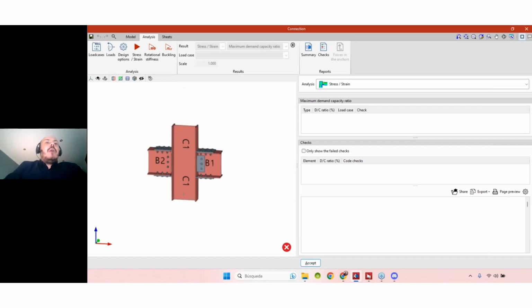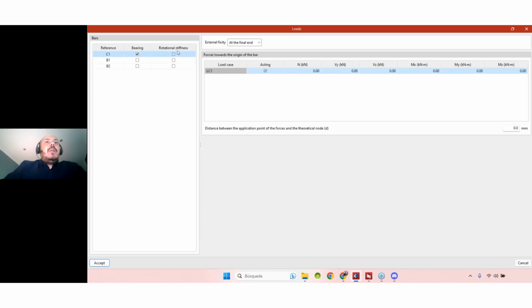Okay, so now C1 can receive all the forces from B1 and B2, but also we can apply forces because this is a continuous bar, and to do that we activate these options here